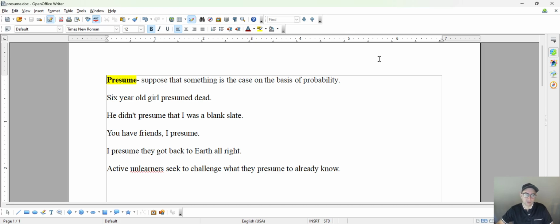So let's take a look at this random word. The word is presume. When you think of this word, try to associate it with the word assume. You know, they rhyme. The suffixes are pretty much the same. So presume, assume, presume, assume. Anytime you encounter this word, which is like an advanced version of it, kind of, sort of, you'll be